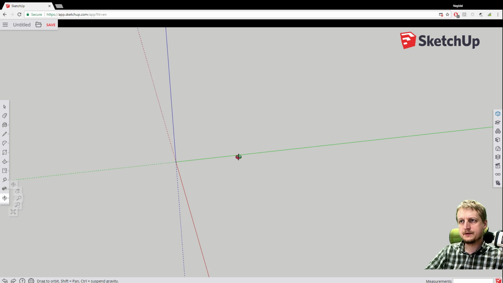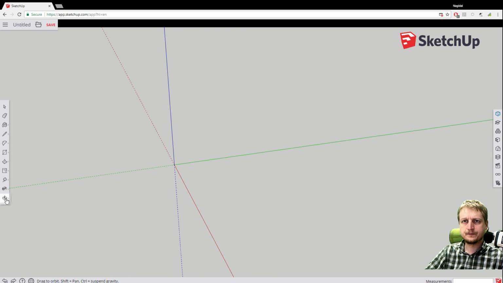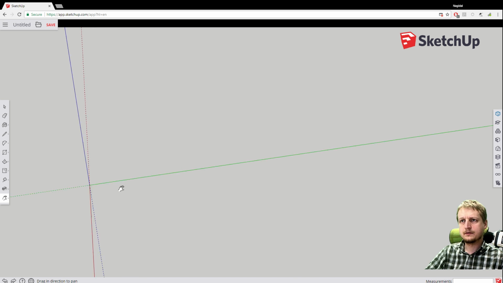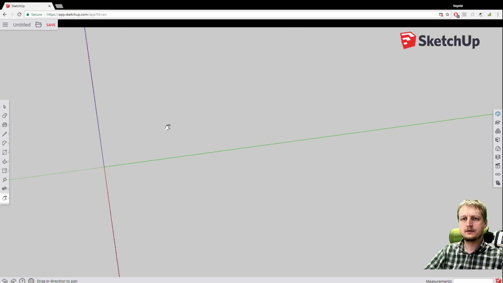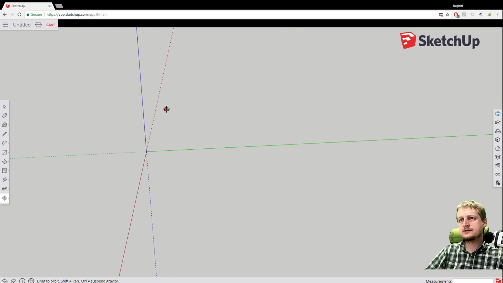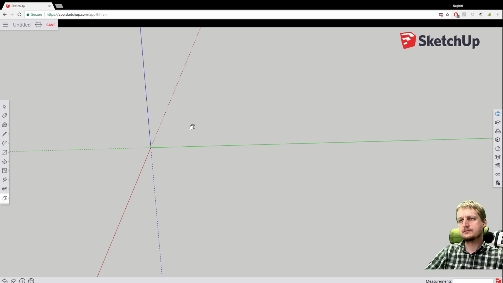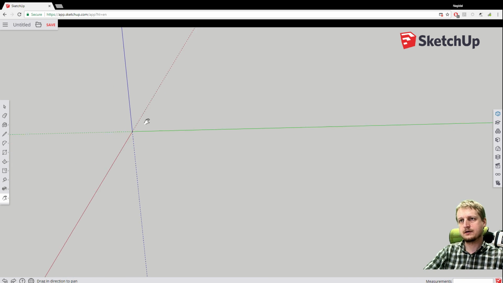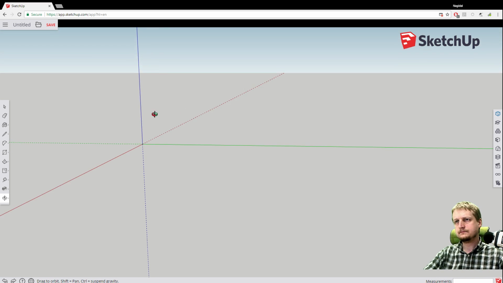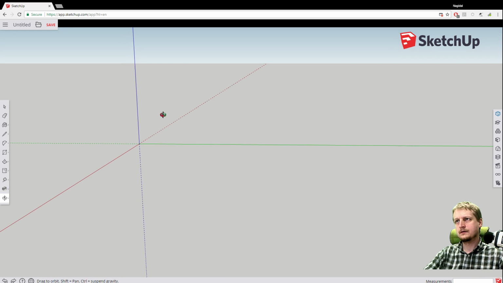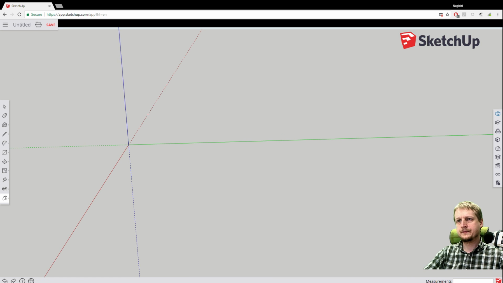And basically no, not. This is what I want, the hand tool. There certainly is a shortcut for the hand tool, but oh, it's H. Okay. Good. Then let's suppose we